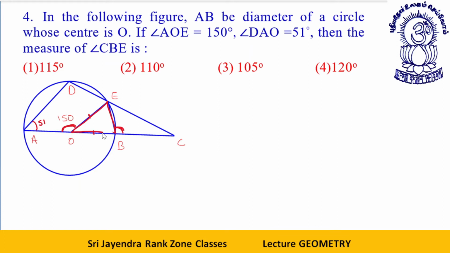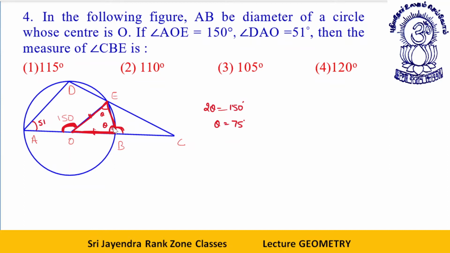So these are the two triangles now. Now what will happen, my dear students? This angle is 150 degrees. This exterior angle is the sum of the two interior angles, and since these are radii, these two thetas will be equal. 2 theta is equal to 150 degrees. This implies theta is equal to 75 degrees.